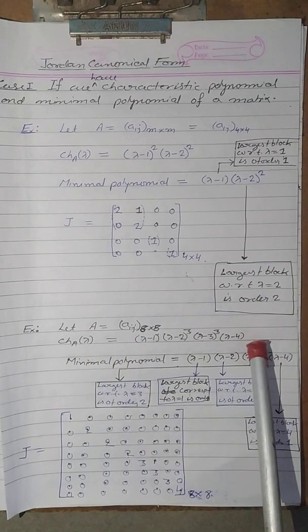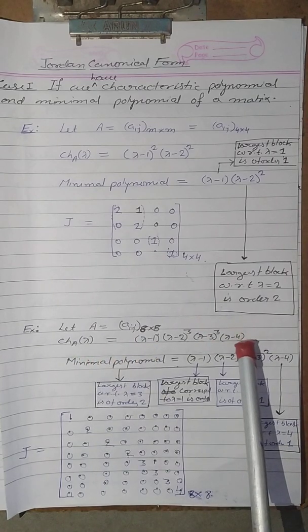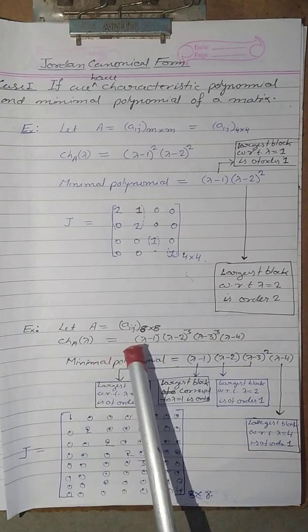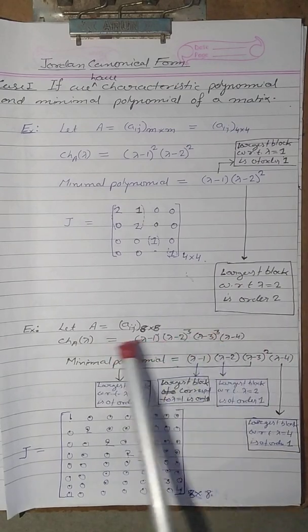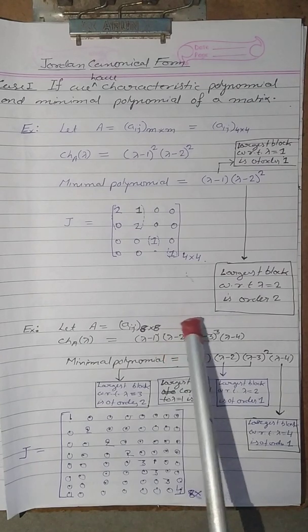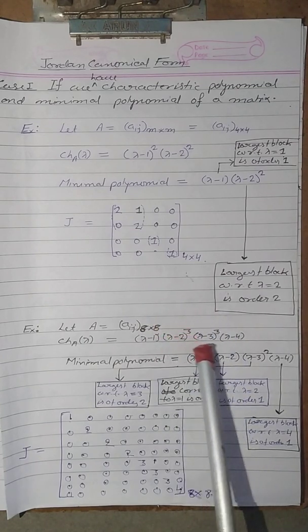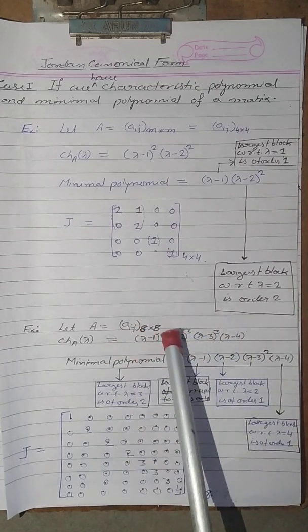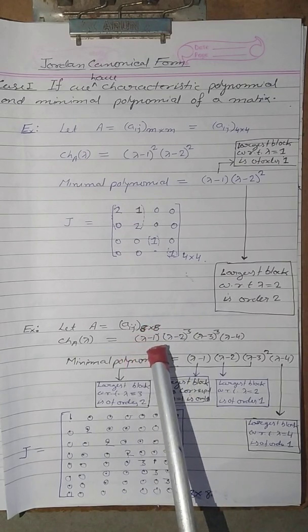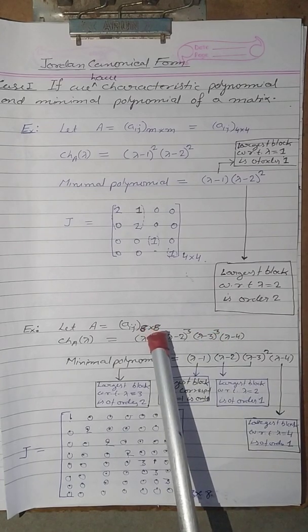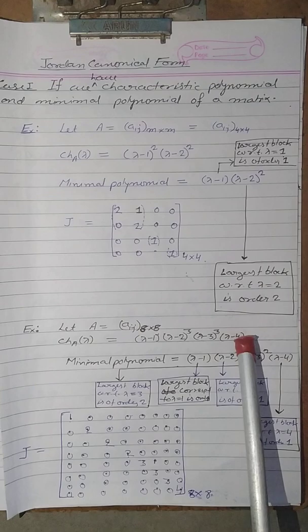By the degree of the characteristic polynomial we can find that the order of the matrix is 8 by 8, because the algebraic multiplicity of lambda equal to 2 is 3, of lambda equal to 3 is 3, of lambda equal to 4 is 1, and of lambda equal to 1 is 1. Then the total degree is 3 plus 3 is 6, plus 1 plus 1. This is 8. Okay, this is the characteristic polynomial of a matrix of order 8 by 8.